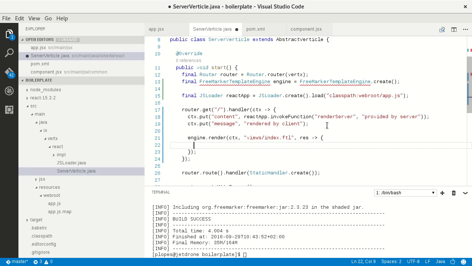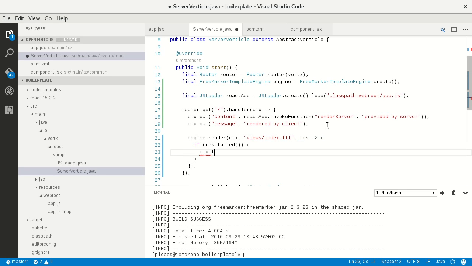two things can happen, of course. So if res failed, we need to handle the error. So we do context.fail with res.cause, so we can see what's going on. Else we can do context.response